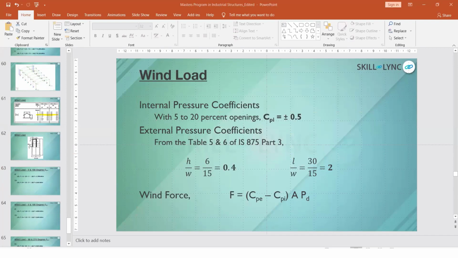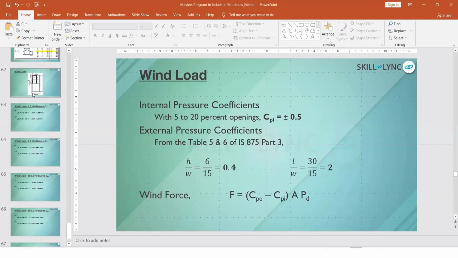And if you see here, the degrees, normally our height is less than 6 meters. The height is only 6 meters, right? So the slope provided will be 10 degree only. So for 10 degree, what is the value here? 1.2, 1.4, 0.8, 0.6. So now I am going to the PPT.